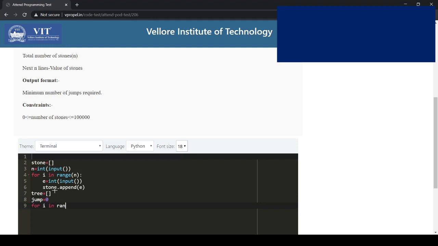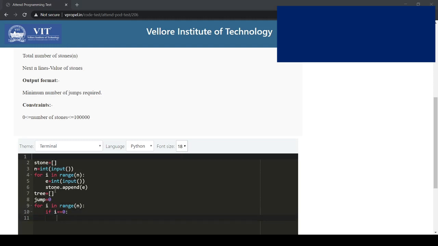Let's create the tree for i in range of n. Let there be n jumps at the maximum. If i is 0, that means it is the first jump, and he is at 2. It's very obvious. So we're going to get the value of the number entered on the stone: for j in range of stone of 0, because i is 0.